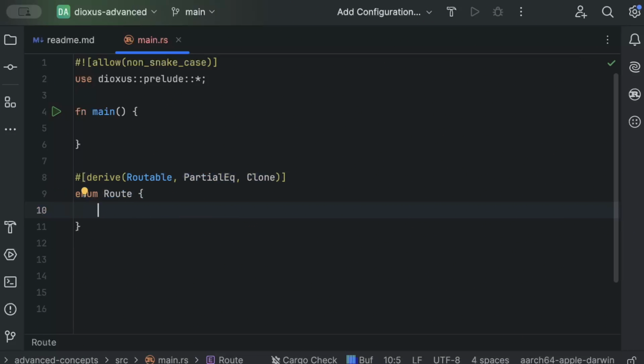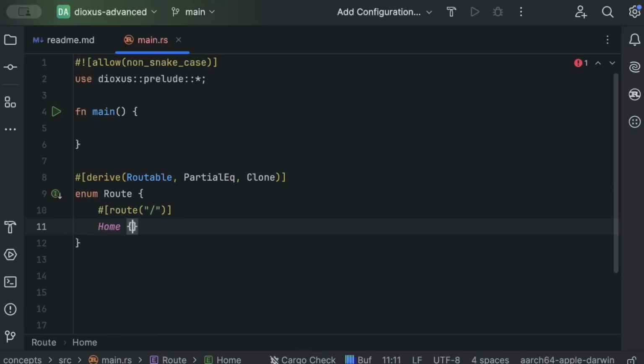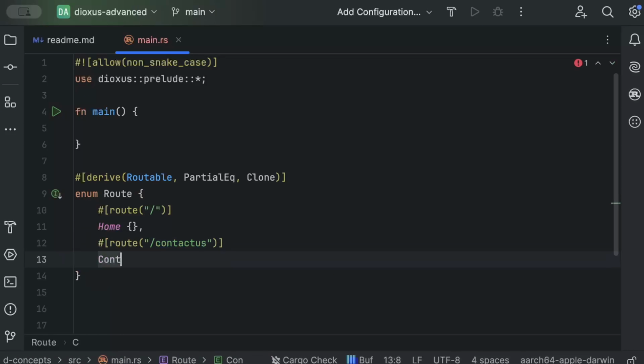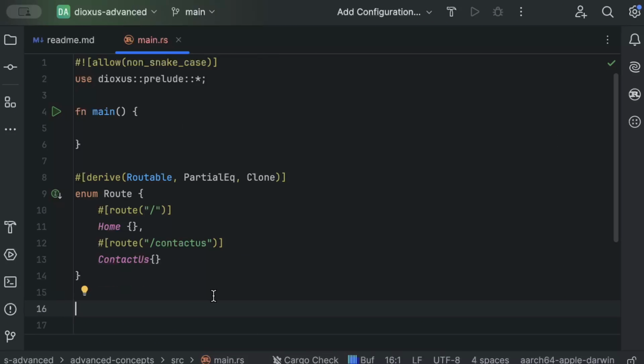Then we'll add our routes. So let's say route is slash, and that is basically a home route, which we'll add in a minute. And then similarly, let's say we have another route which is slash contact us, and that is basically contact us. Now let's add these. So we'll just say fn home, and it returns an element